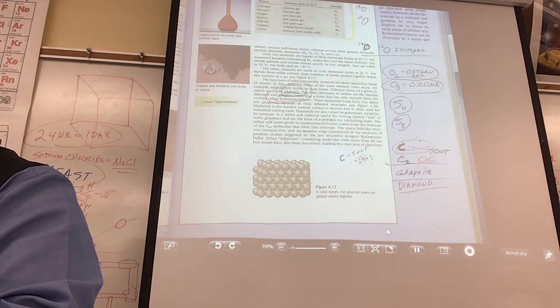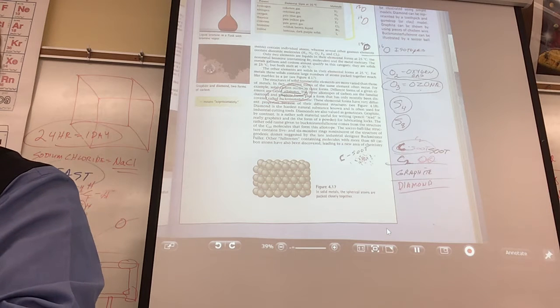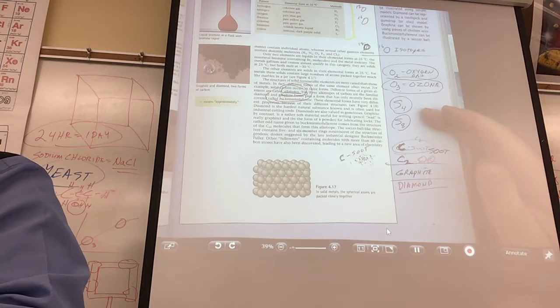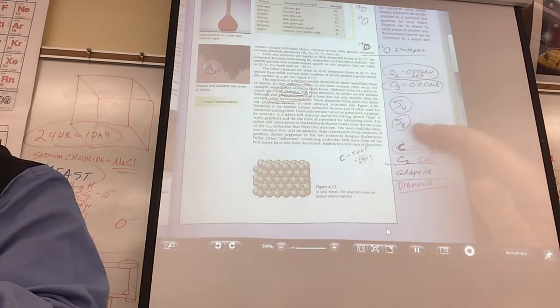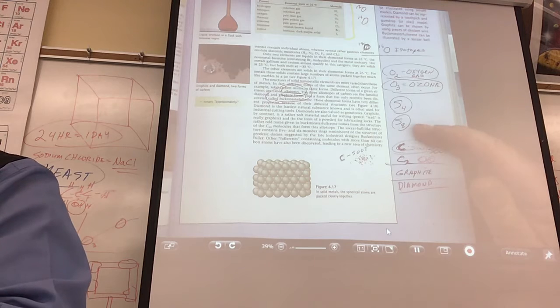So what are the two forms of oxygen, the two allotropes of oxygen? O2 and O3. We have several allotropes of sulfur, I'd have to look up all of them. Here are two of them: sulfur 4, sulfur 8. Phosphorus has 3 or 4 allotropes of phosphorus. Phosphorus 5, phosphorus 3.